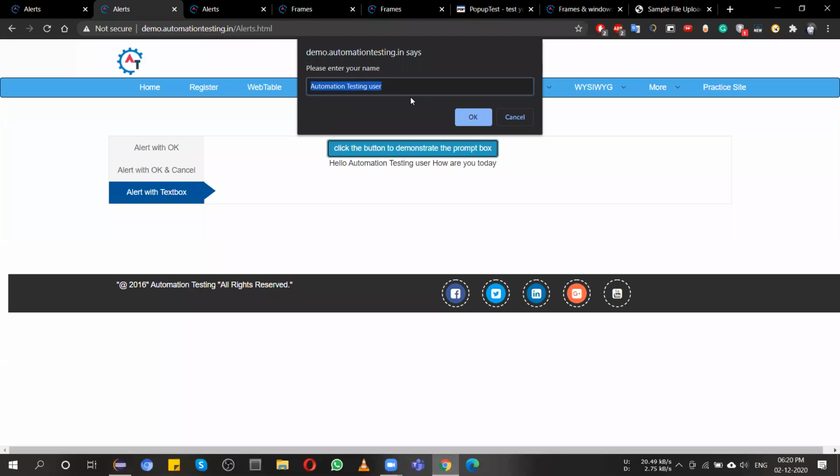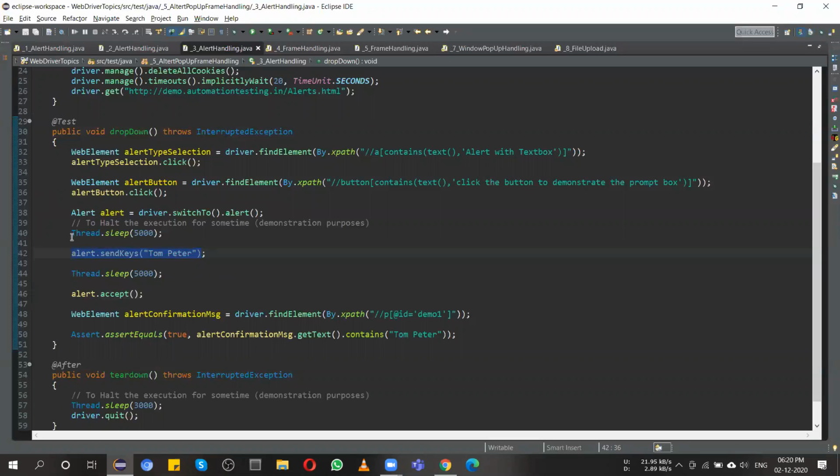And then if you wish to click on OK, you have to use accept as a method, or to click on cancel, you have to use dismiss as a method. Okay, so this is about alert. Now, questions. If you have any doubt about this alert,